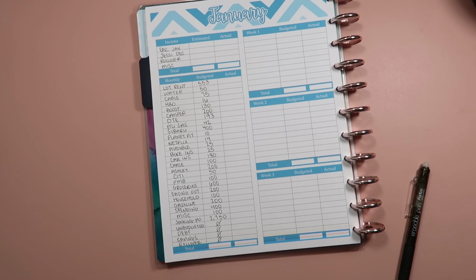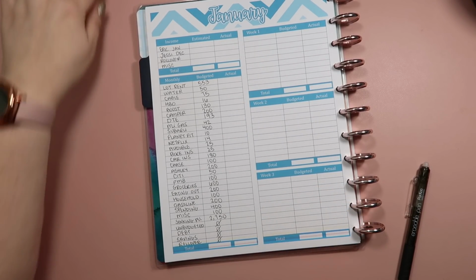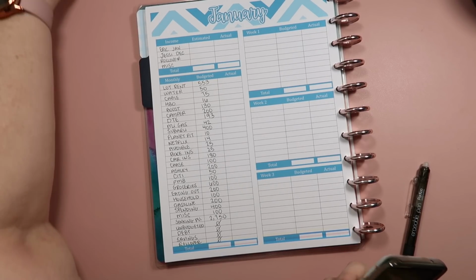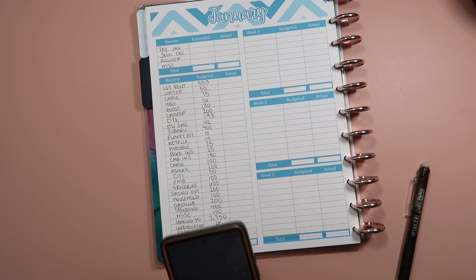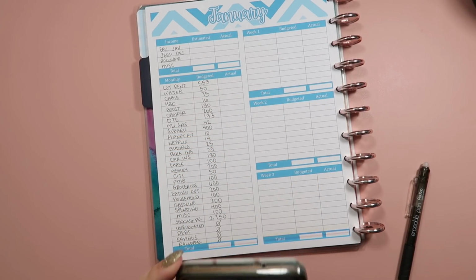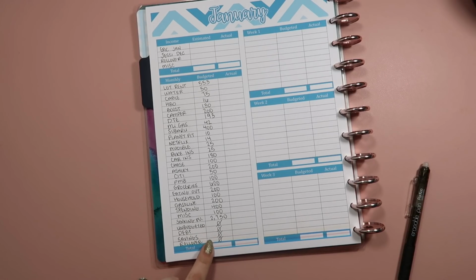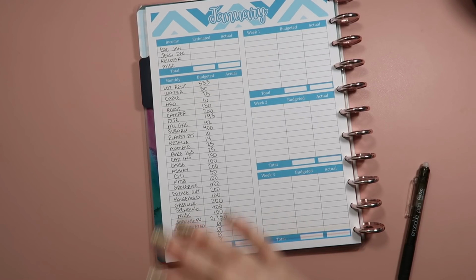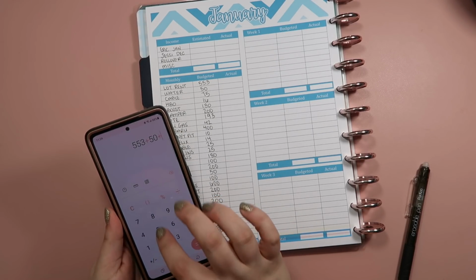So I'm going to add things up really quickly. I cannot find my clicky calculator. You guys know my little low-cost calculator. I don't know what I did with it, so I'm just going to use the calculator on my phone. Those of you that hate my little clicky calculator will be happy not to see it today. So I'm just going to use my phone and calculate this really quickly. Again, it's not going to be completely accurate because we're leaving these numbers at 0 here for the sake of privacy and all that, but it'll give me an idea. So 553 plus 50 plus...